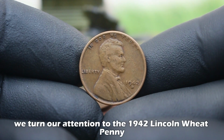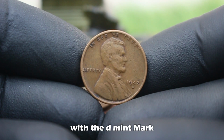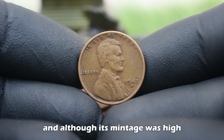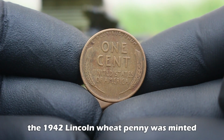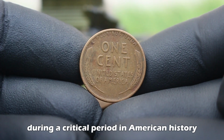Next, we turn our attention to the 1942 Lincoln Wheat penny with the D mint mark. This coin is another standout from the era, and although its mintage was high, it is prized for its unique features and historical context. The 1942 Lincoln Wheat penny was minted during a critical period in American history, World War